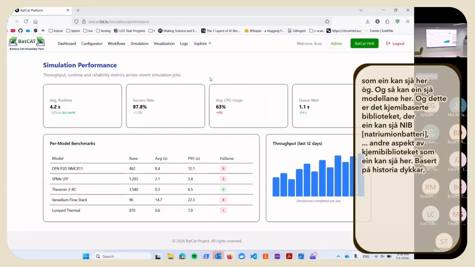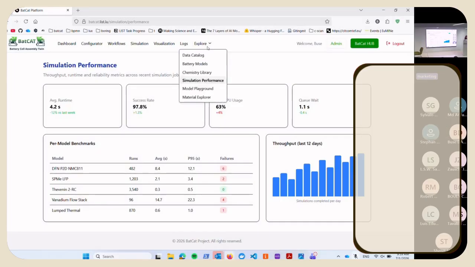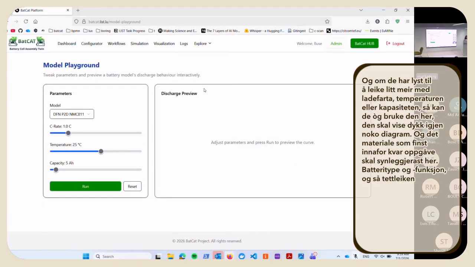And then we have the performance, based on your timeline of how much you succeeded and how much you didn't, or a summary of your performance, like average runtime, success rate, average CPU usage, or how much you wait. And if you want to play a little bit more with the C rate, temperature or capacity, you can also use this one.